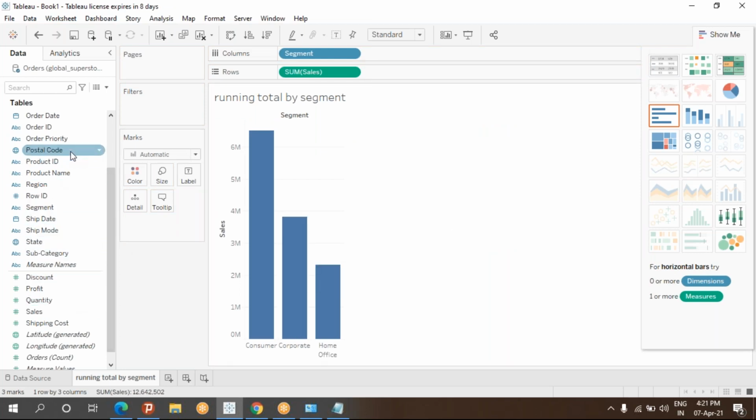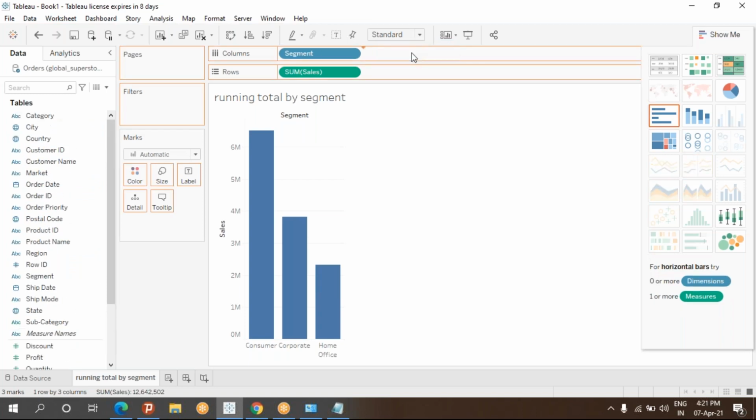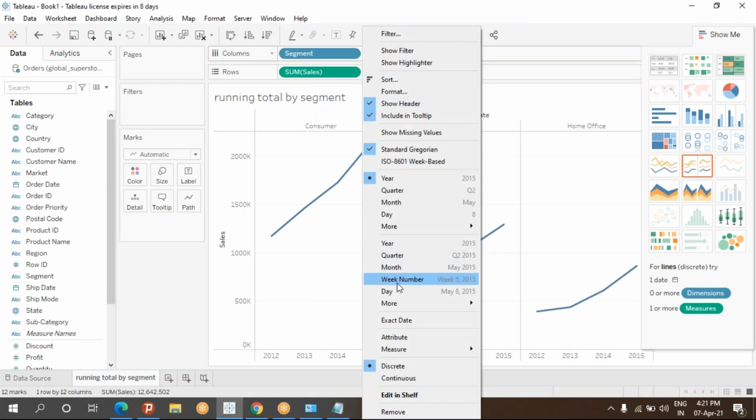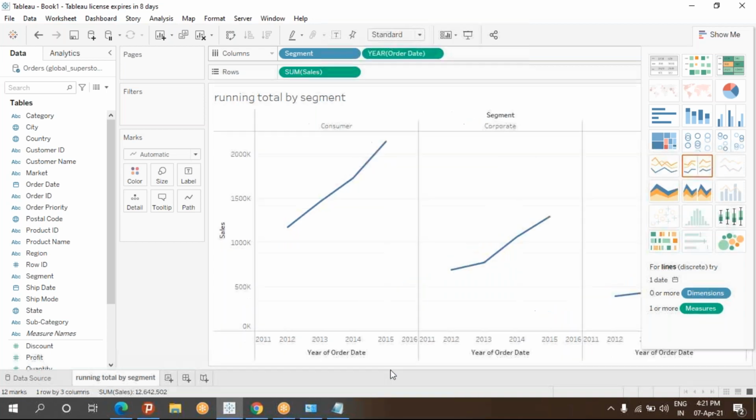Then based on the years, order date I'll take, and I want continuous. Once this is done, it is making it continuous, because you may want three different quarters or years. However you want, you can mention that.